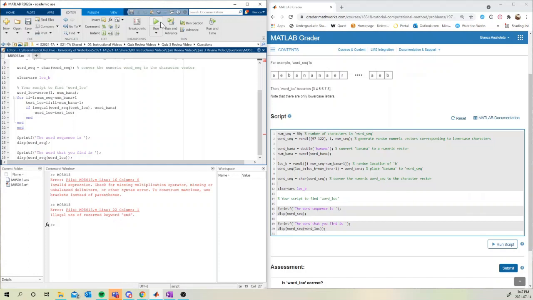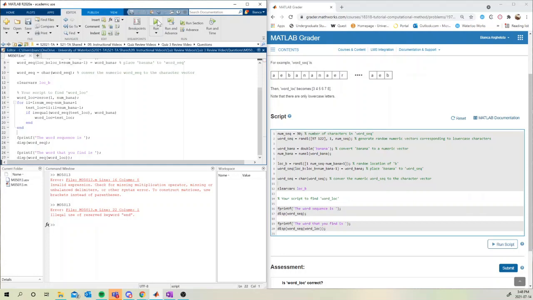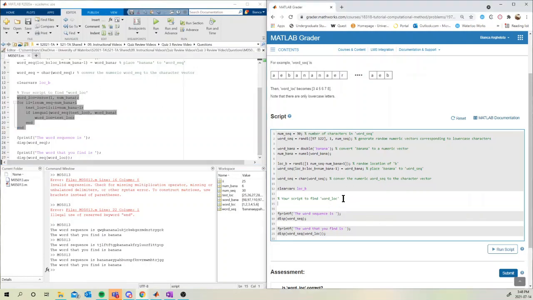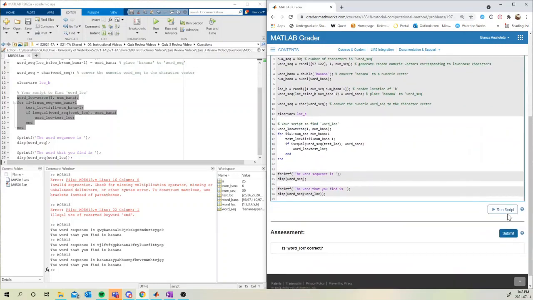Let's run this. Oh, and I put an extra end because I wrote my end out at the beginning. Okay, let's try this again. All right, let's run it a few times. That looks okay. Let's copy this code into Grader and run it